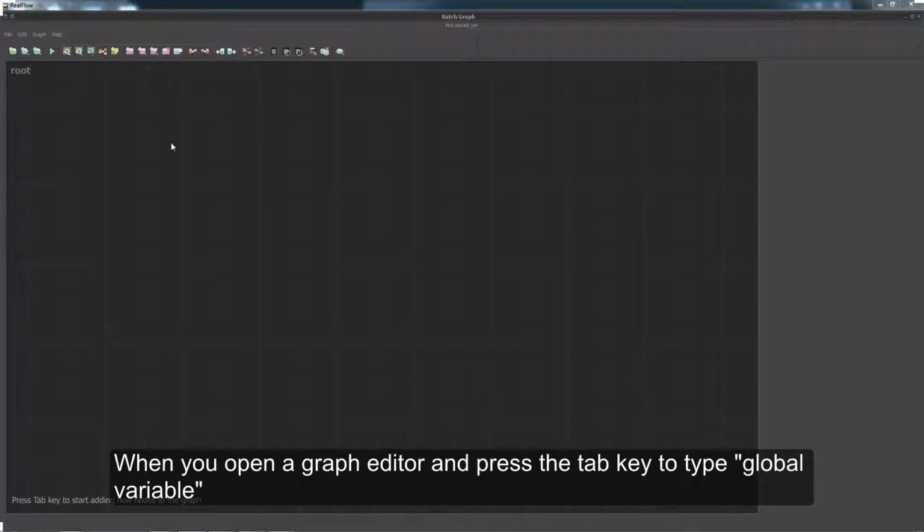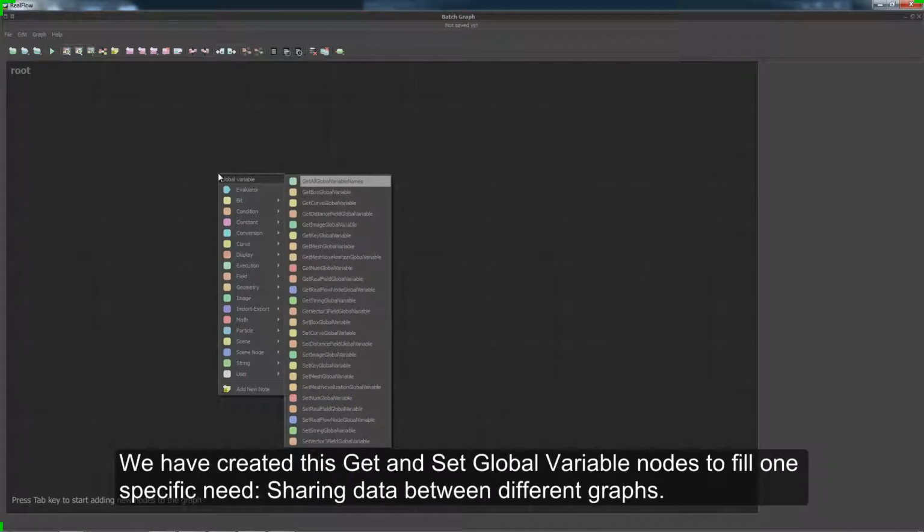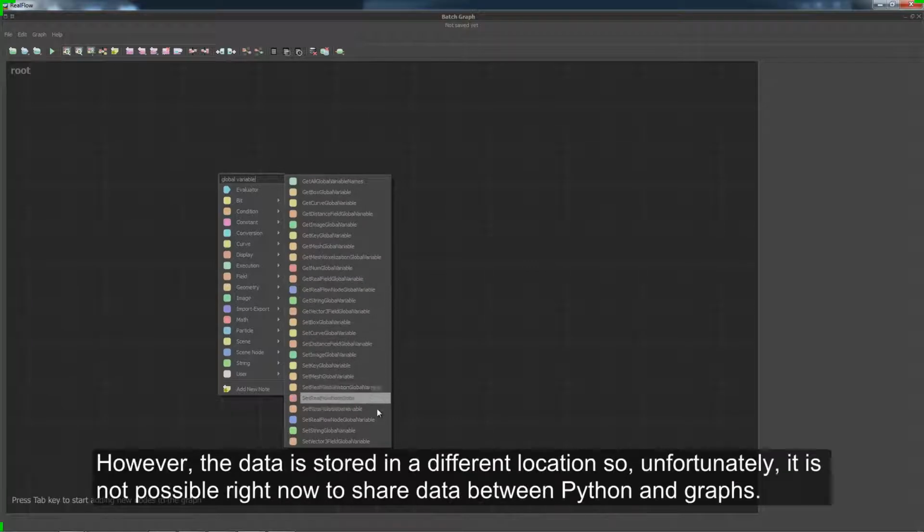When you open a graph editor and press the Tab key to type global variable, you will find a get and set global variable node for almost every graph type. We have created these get and set global variable nodes to fill one specific need, sharing data between different graphs. The get and set global variable name is similar to the name of the functions available in the Python SDK. However, the data is stored in a different location, so unfortunately, it is not possible right now to share data